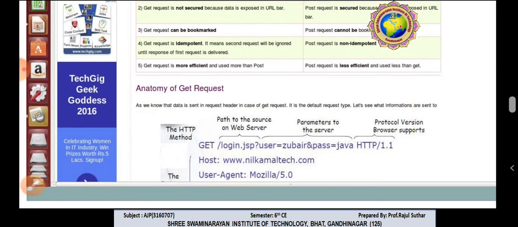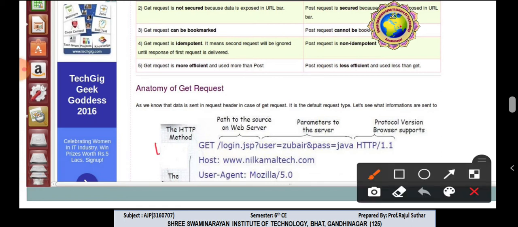What is the URL configuration? Means syntax. While we are working with GET, the HTTP method covers GET, then the path to the resource on the web server. This one is a path. Here parameters are also covered, so parameters to the server, and protocol version.